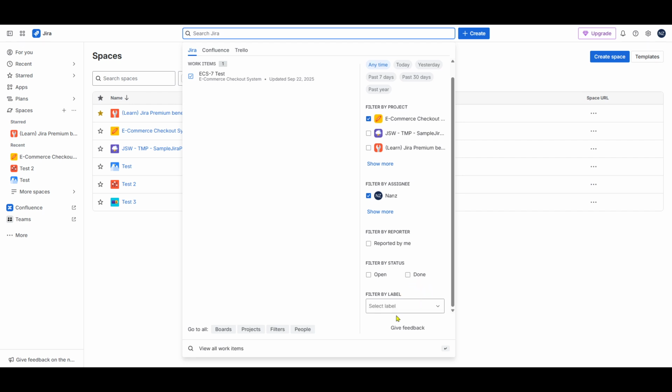From now on, you can come back to this saved filter and quickly access the specific set of data you need, thus increasing your productivity and organization within Jira. Remember, mastering filters can significantly boost how you manage tasks and projects in Jira, making this an essential skill for any Jira user.